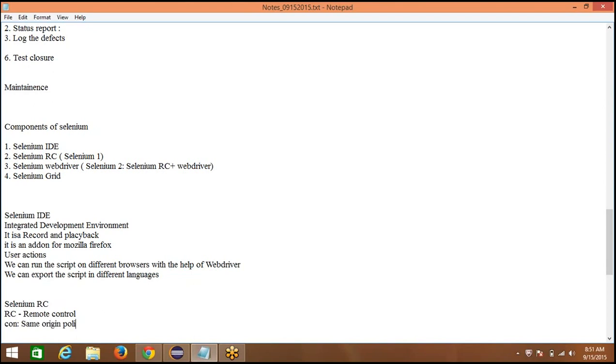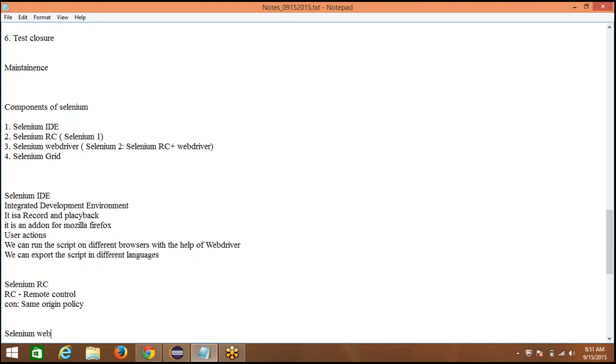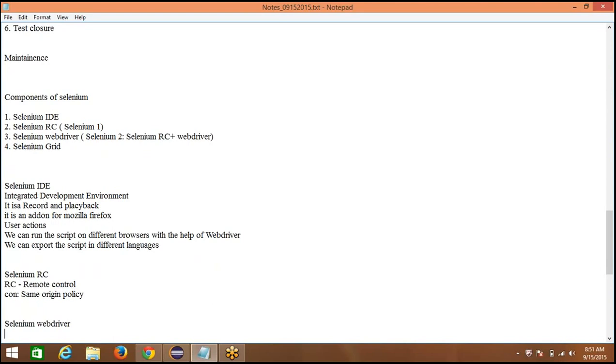That's why in Selenium WebDriver, for each and every browser they have developed a concept called a driver. That's why they have done a browser specific implementation. No need for any JavaScript to be included.